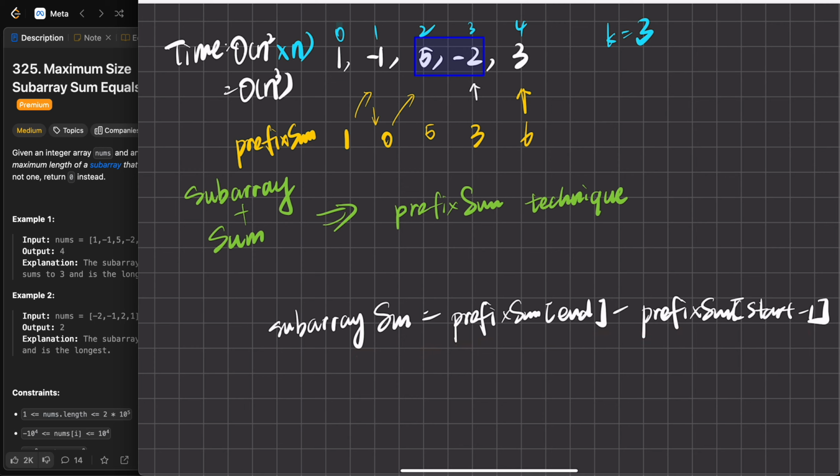while we traverse the whole array, we are not only building this prefix sum, we can also start to get the current prefix sum, the current sum of the subarray. And since we want to know the maximum size of the subarray, it means that we only know, for example, if we also have another